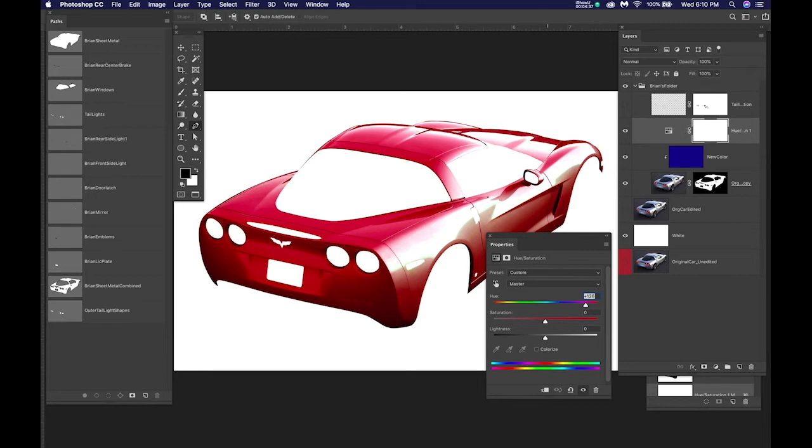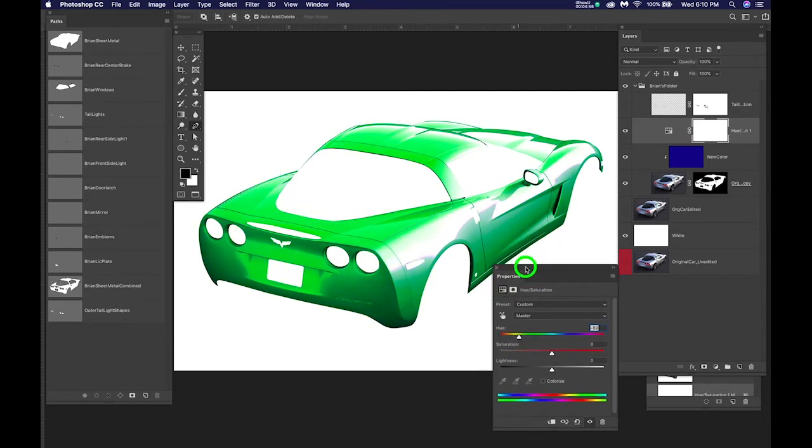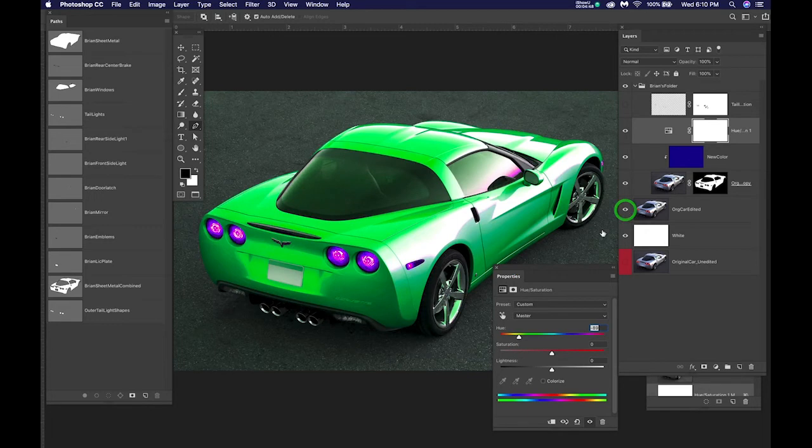I'm going to put the swatches palette on the other screen. So watch me take the hue and just alter it. I can alter this car to any color. Now, if I leave the properties on and I go like this, it wouldn't take much for me to actually fix that. All I have to do is, and you're going to do this,